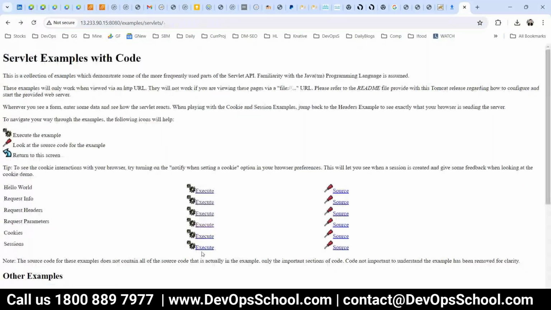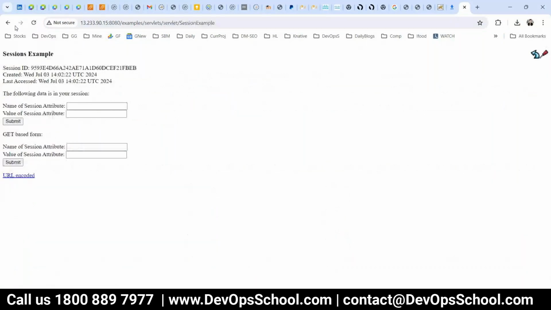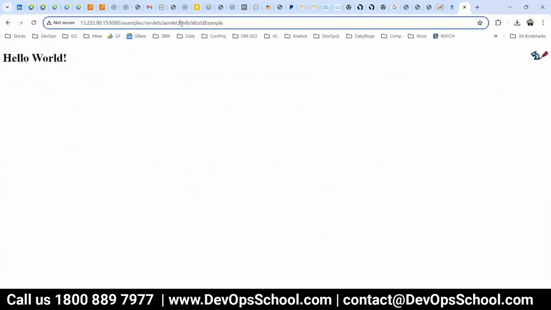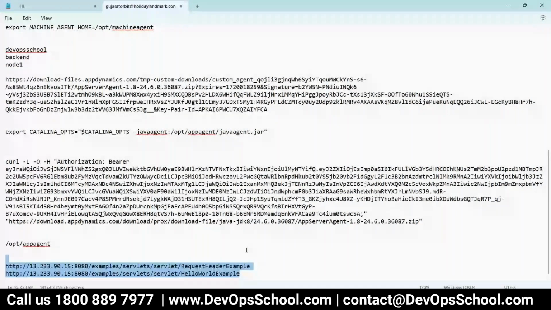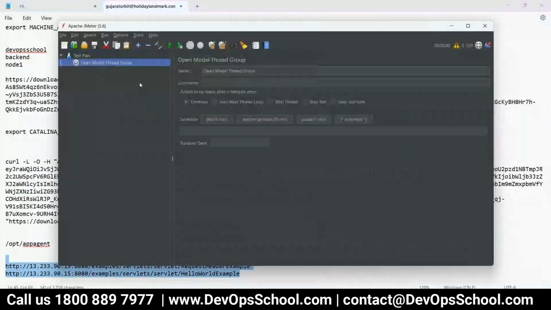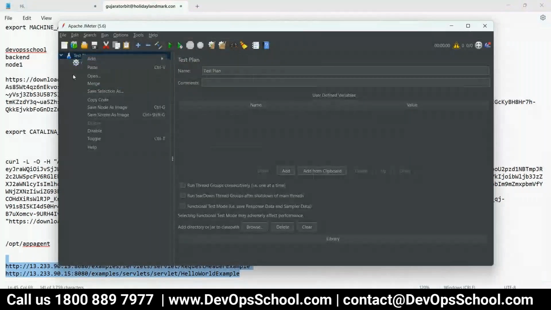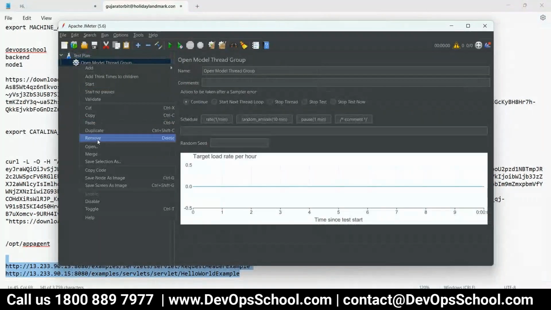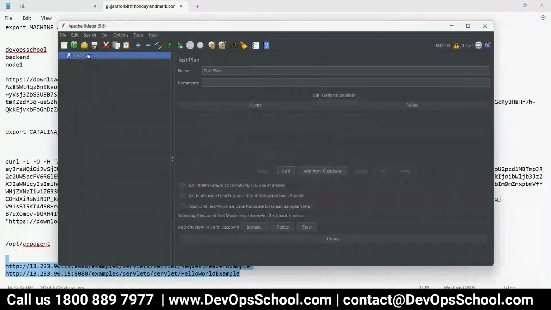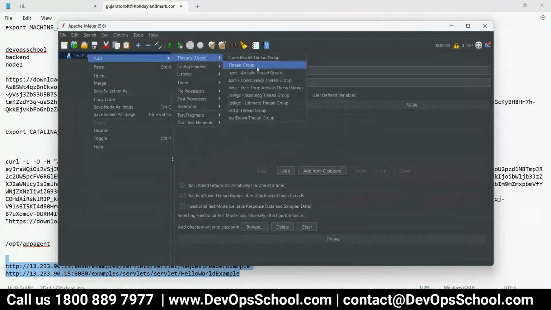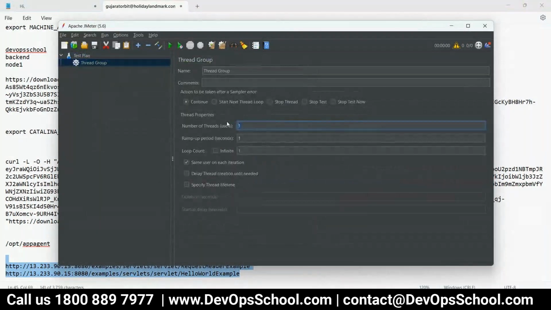Session. This is also a required parameter. Let's go for hello world. This one is straightforward, these two URLs. Okay. So now let me add the thread. How many users? Thread, how many users? Let's say 50. And infinite,